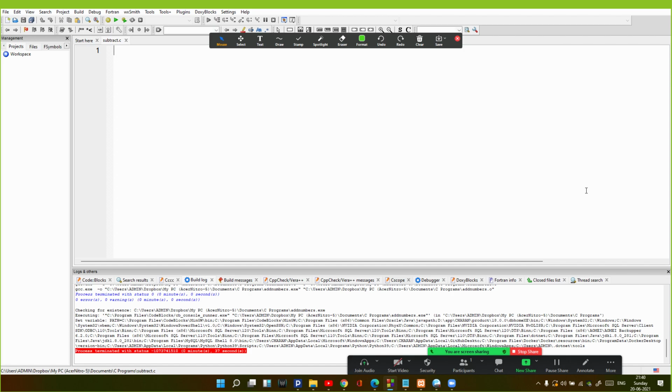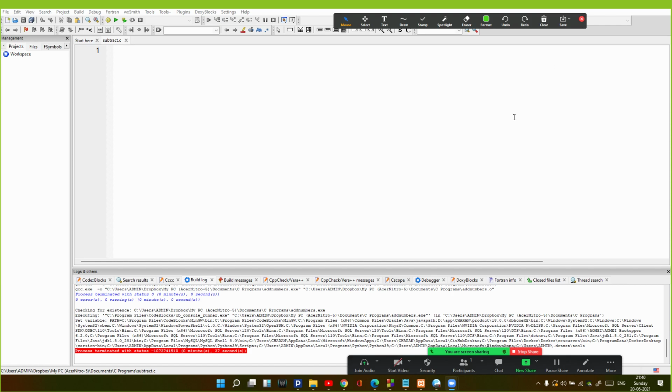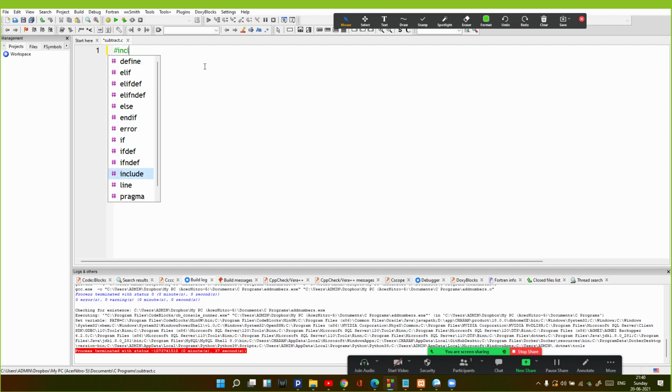This is an empty file. Here we are going to write the C program. The structure of a C program is very simple, but you have to take care about the syntax of every line. The first step is the preprocessor directives, or the type of files that we want to include in this particular C program.